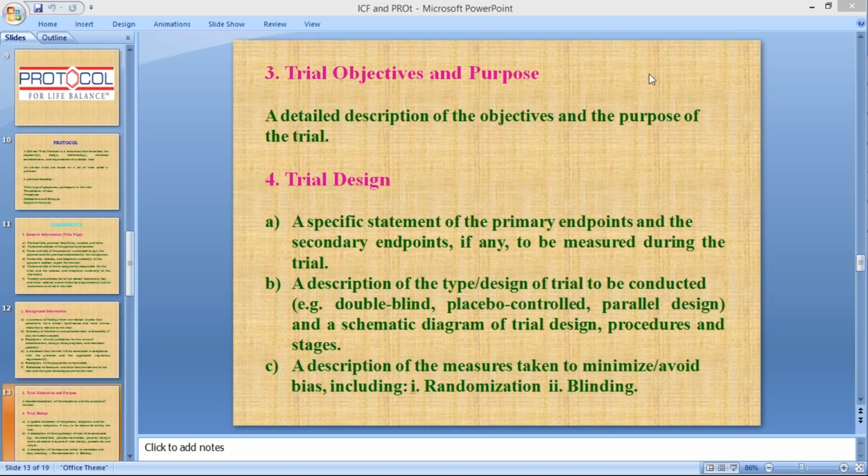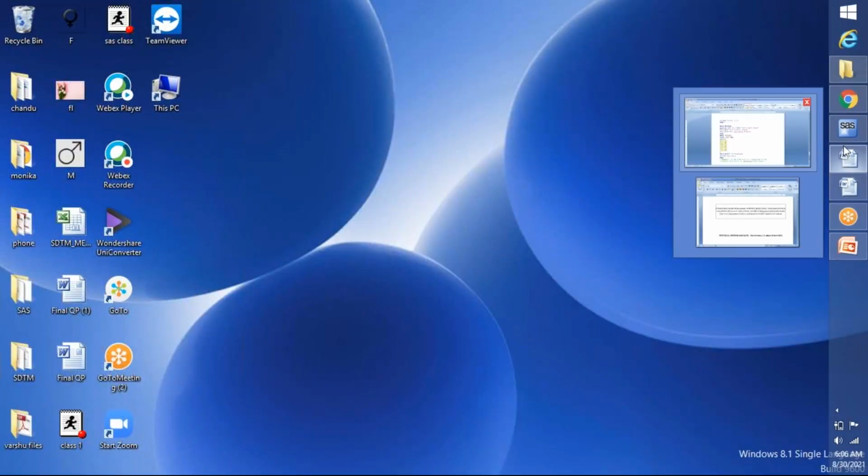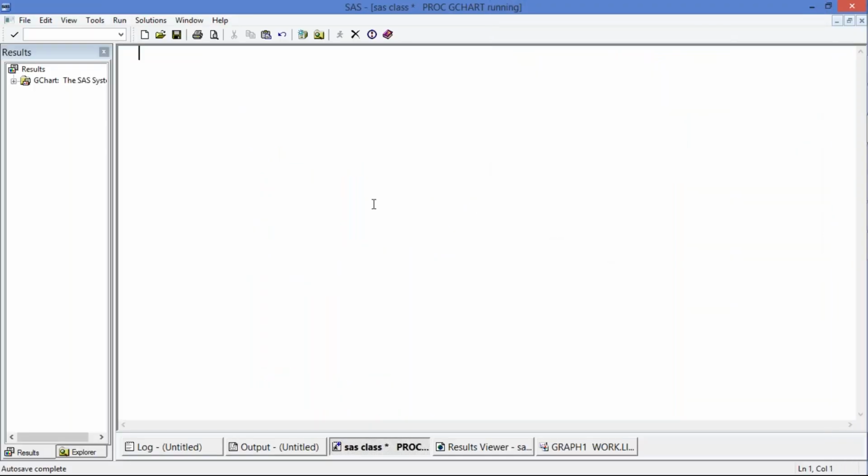Clear, right? The purpose of the study, why we are conducting it,